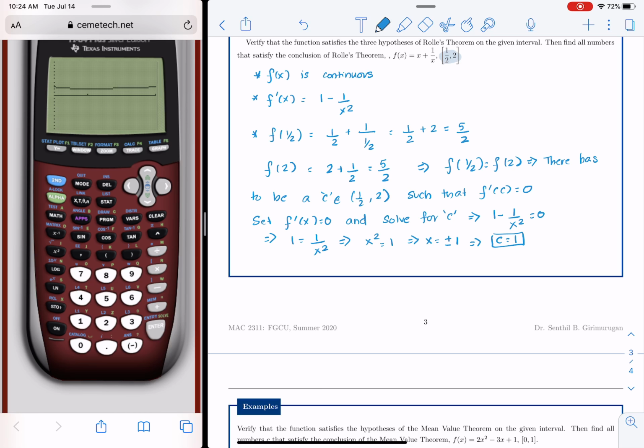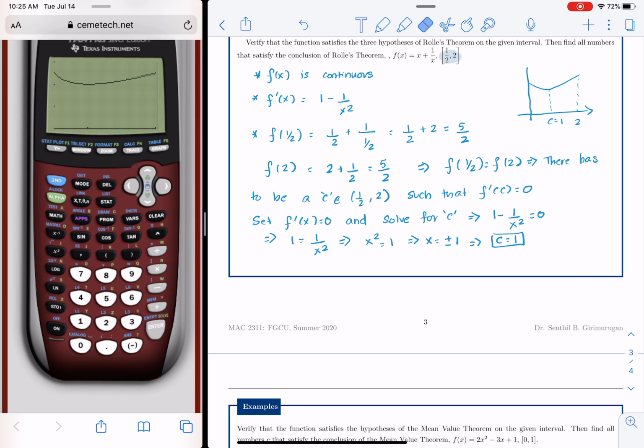But is the derivative 0 though? By looking at the picture, it doesn't look like it. The reason is because we did not set the window properly. So let me just set it between 0 and maybe 3. And now you could see at 1 there is a turn. So we actually have a point c at 1. So it sort of goes like this. So that would be c equals 1. And that would be 2.